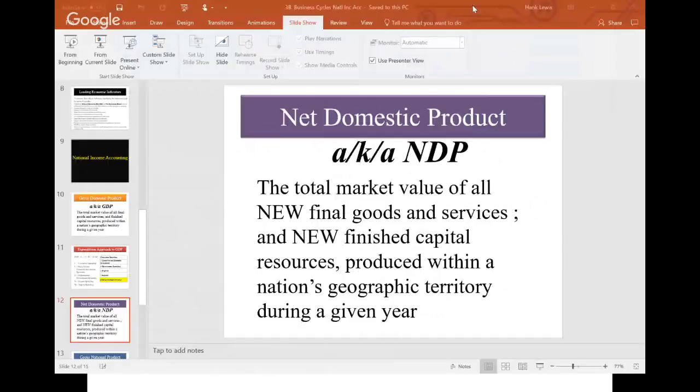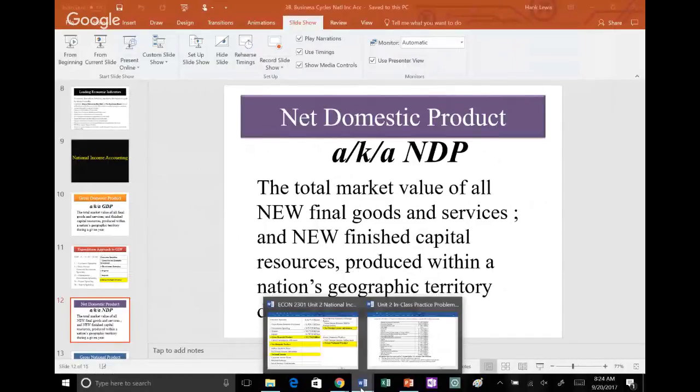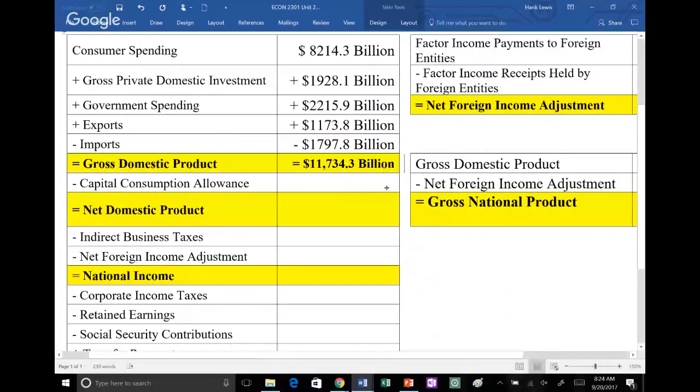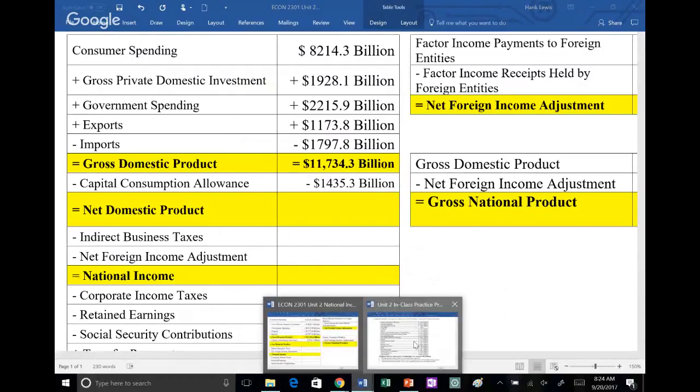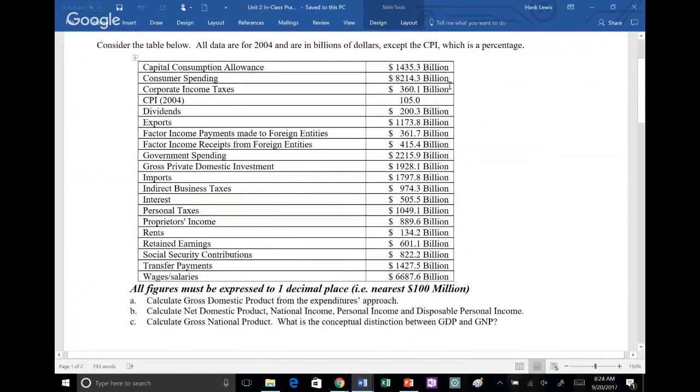Now the formula, we're going to go back to our table here, says you start with gross domestic product. I want you to notice that each result feeds into the next formula. You start with the gross domestic product, and then you subtract the capital consumption allowance. Again, you go back to your original table. That's where all this data is coming from. This is the Unit 2 Practice Problem 1. You subtract